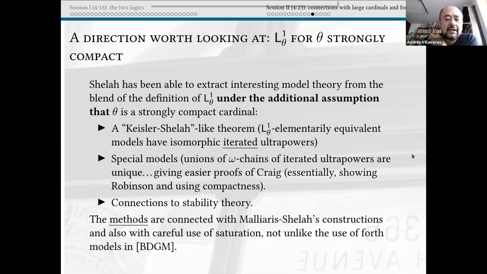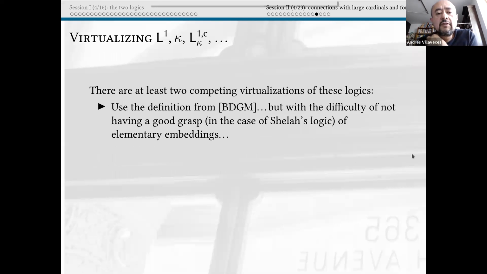So that's one line. Another line would be, what about virtualizing L1 kappa? Oh, here I put L1 comma kappa in the title. It's L1 kappa, and that's a typo. But I see that there are at least two competing virtualizations of these logics, and they're not necessarily the same. First of all, one could just use the definition from the four authors, or from Schindler,